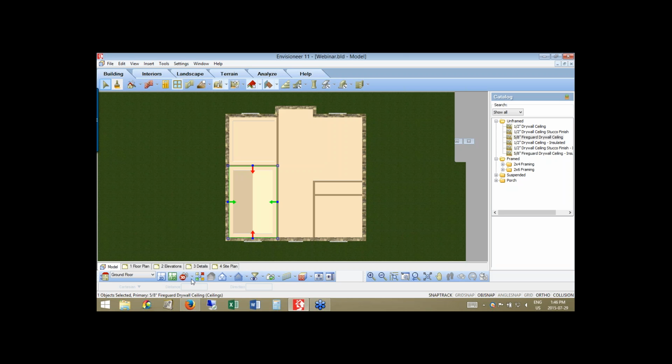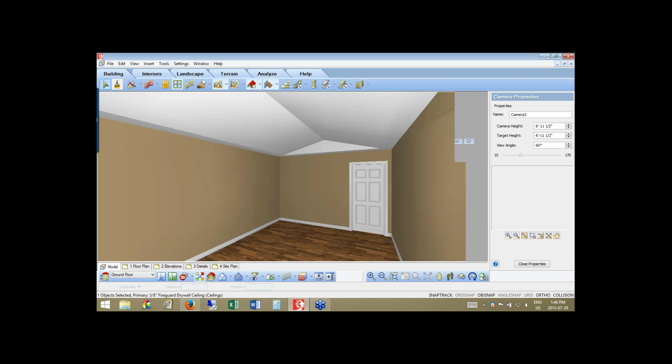I can create a new camera view, place it in this room. This time I'm going to stand in the lower right-hand corner of the room, left-click, and look up to the upper corner, left-click. Now, something else that I want to point out to you when you're creating these various camera views, if you look at what is normally the catalog on the right-hand side of the screen, right now it's